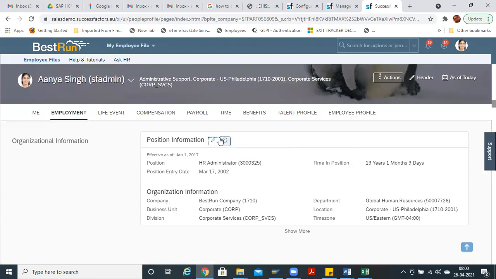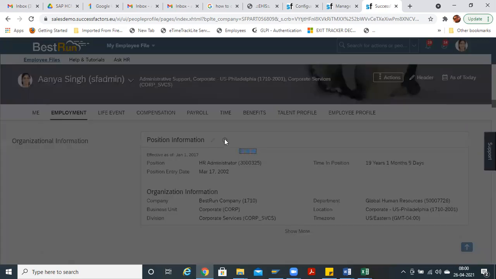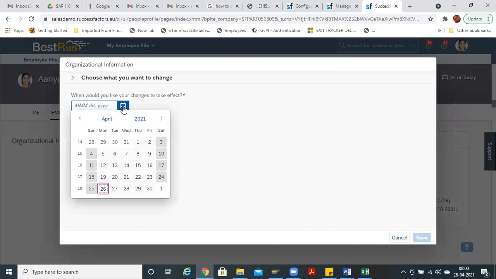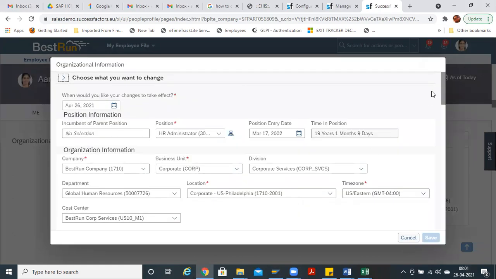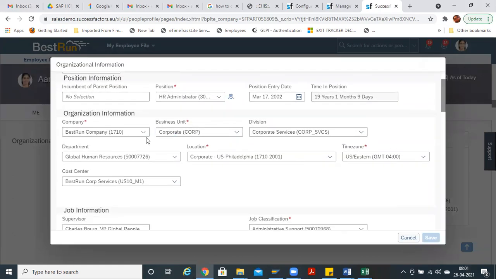So what is the difference between change and this clock icon? Change is effective dated. If you want to keep the history and you are just changing it effective April 26th, today, then you will be keeping the history, and you can change company, business unit, division and all.